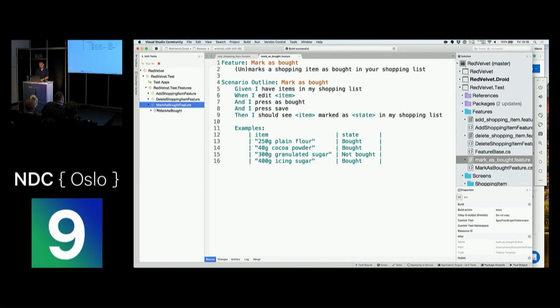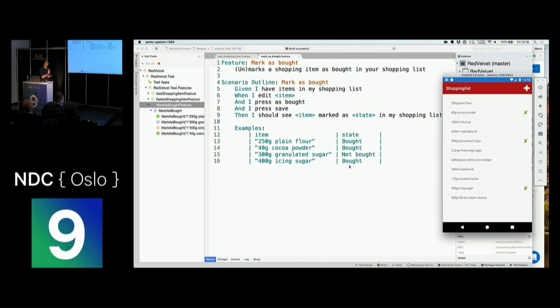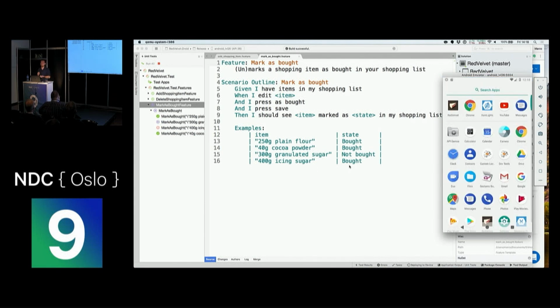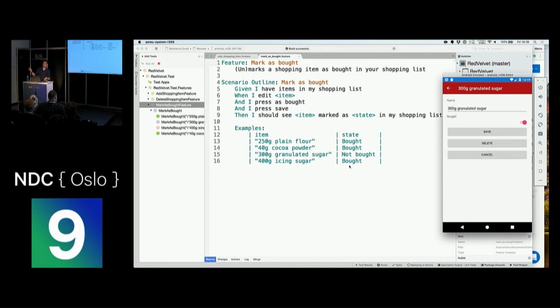And if that's correct, it just continues with all the other tests as well. So what we're seeing right now is that some are slowly turning green. The last one, the icing sugar, I actually made a mistake on purpose, just to show you that it actually works. So what it's going to do right now is check the icing sugar the other way around.